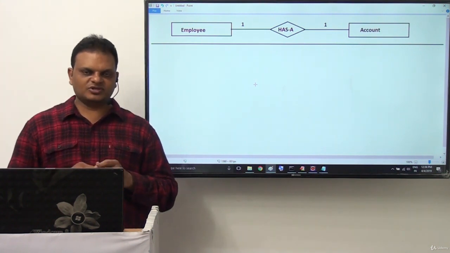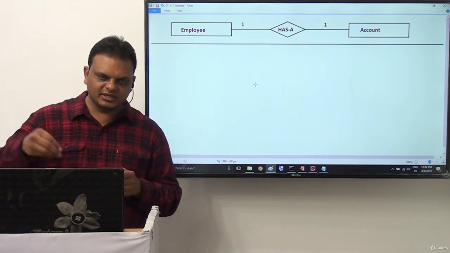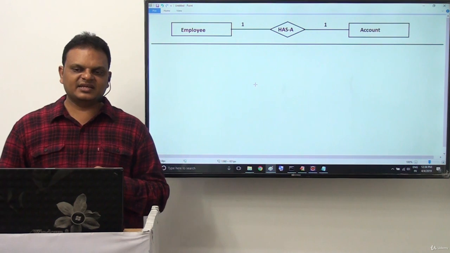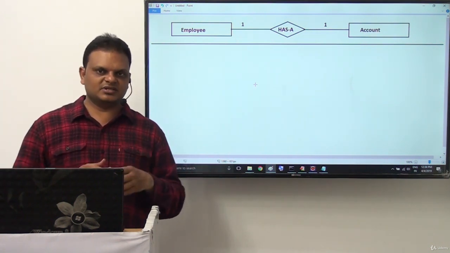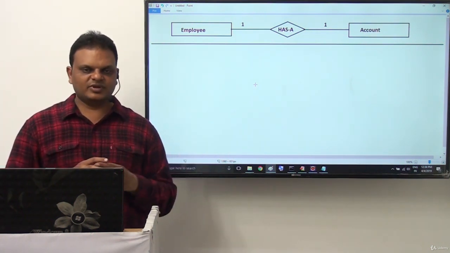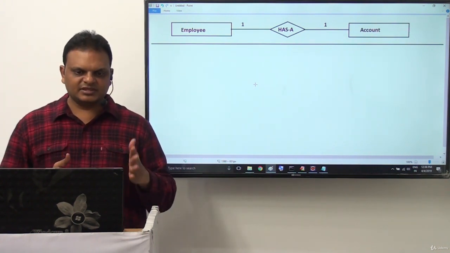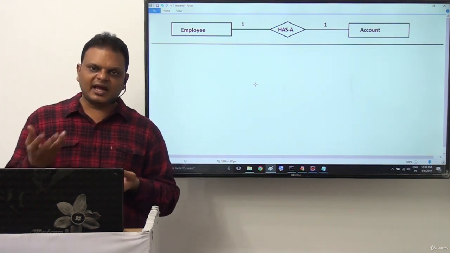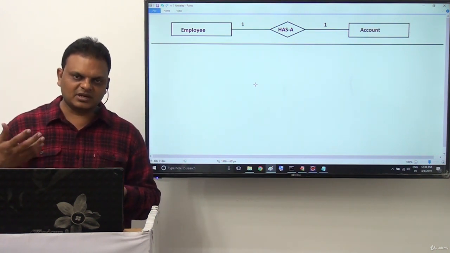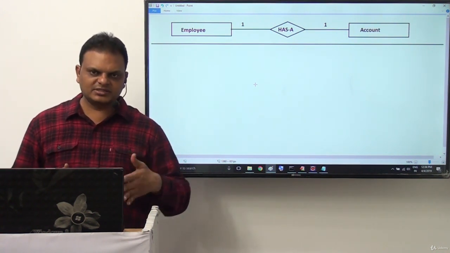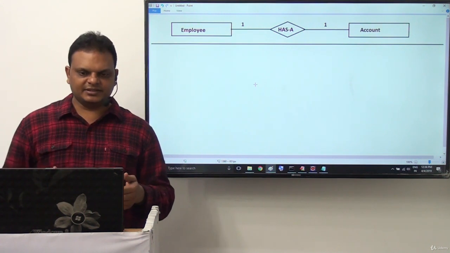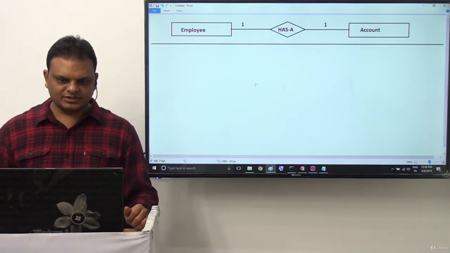The answer is very clear: employee is the container and account is contained. So we have to represent it like this.